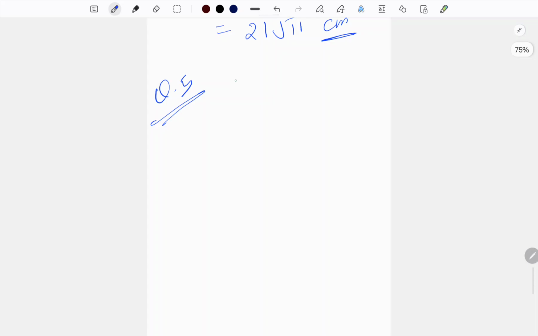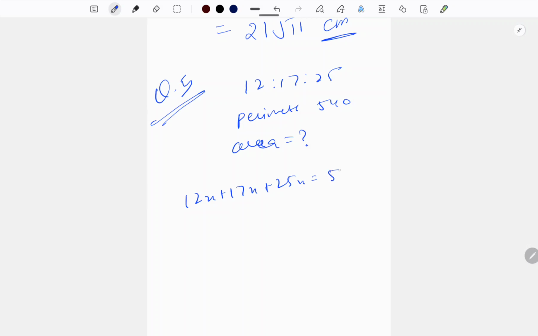It is given the ratio of sides of triangle are 12:17:25 and perimeter is 540. Now we have to find the area. Okay. Now 12x plus 17x plus 25x will be 540. This will come as 54x is equal to 540, x is equal to 10. So sides are